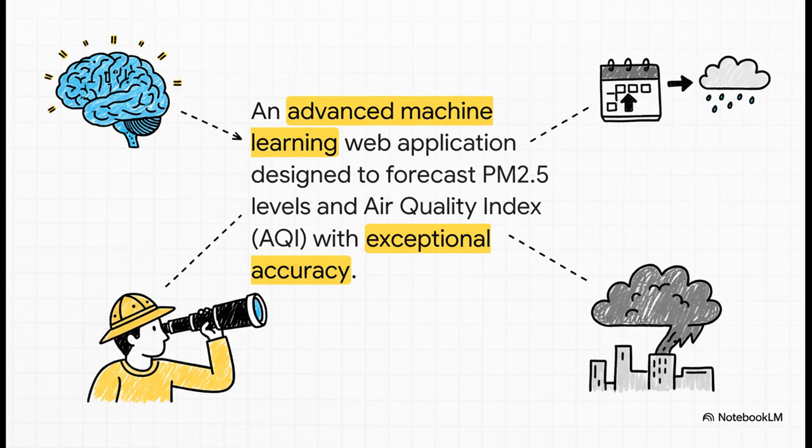Okay, so here it is, the India AQI prediction system. At its core, it's a tool that uses machine learning to basically predict the future. And yeah, I know that sounds dramatic, but it's true. It forecasts what the air quality is going to be like. And that's a huge deal, right? It means you can be proactive, not just reactive, and that changes everything.